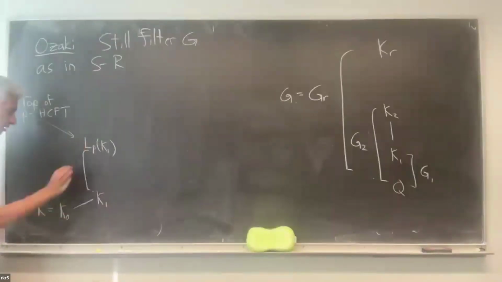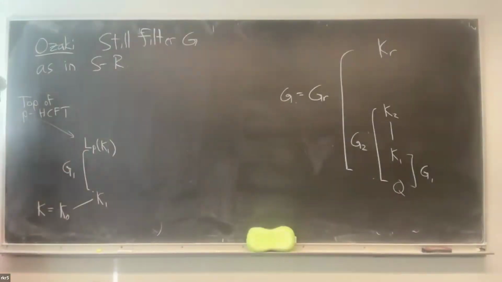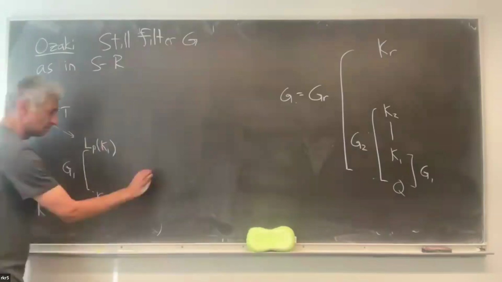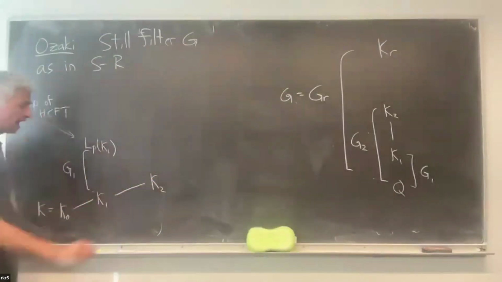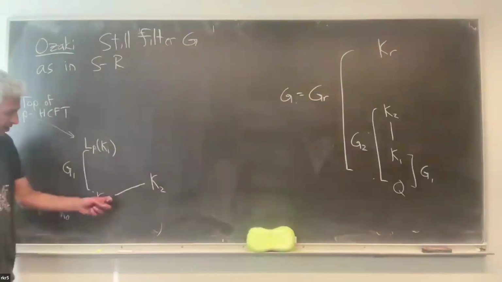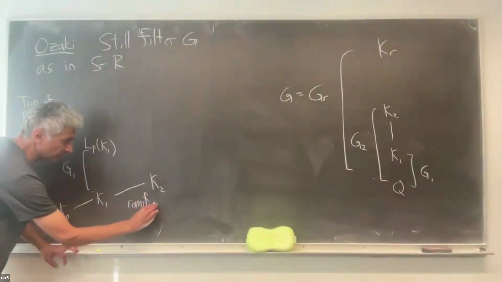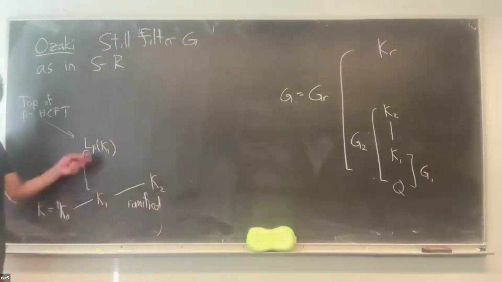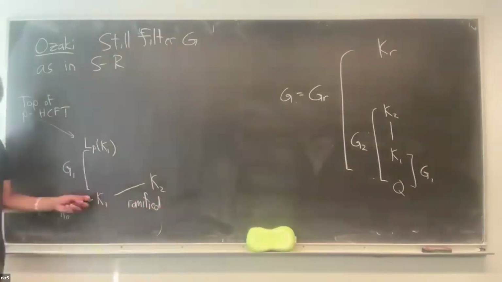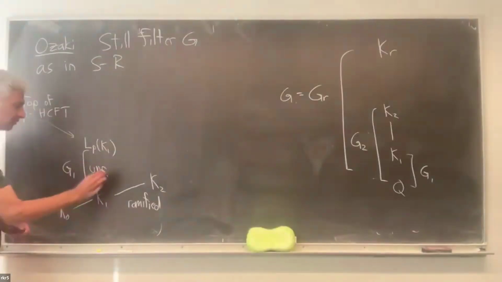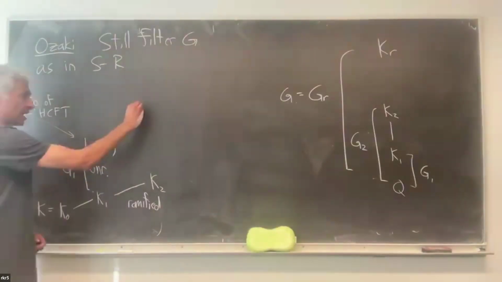Okay? And say this group is G1. Then we're going to have an extension K2 of K1, and this will be ramified. Now remember, this is unramified because we're solving our problem. Unramified everywhere. And then he builds